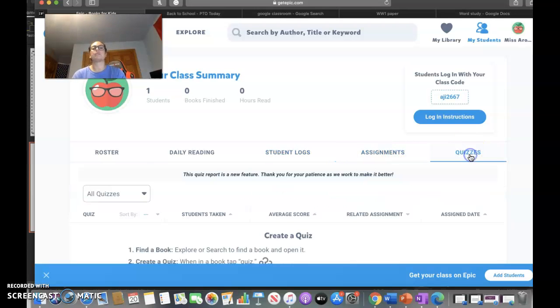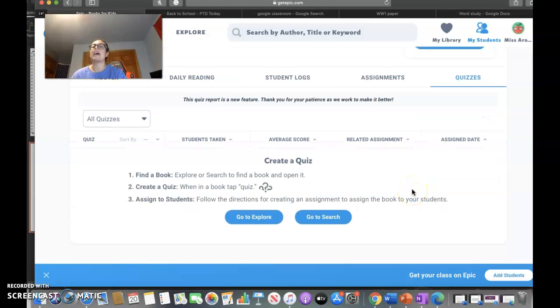And then the quizzes part, which I think is so cool, because we read books, and we don't know if the students are comprehending what they're learning. So using these quizzes, after the students are reading, I can create a quiz. I can use another quiz that's on Epic Books, and I can assign my students the quiz after they're reading to make sure they're comprehending what they are learning. If you go here, I can go to all quizzes, my quizzes, and other educator quizzes. I can open the book, find the quiz, and like I did in assignments, assign the quiz